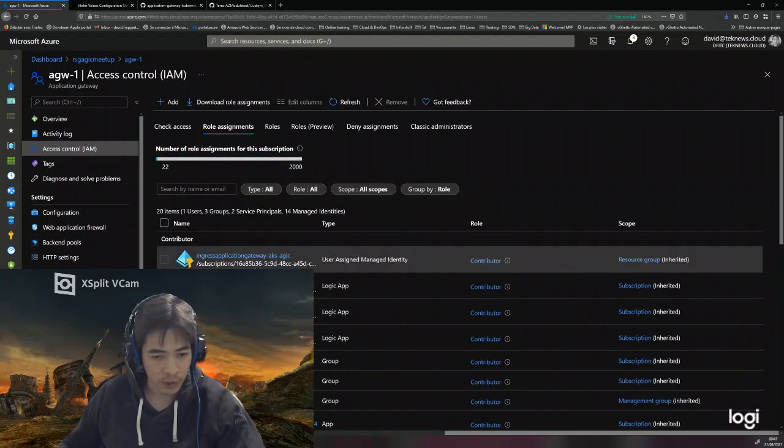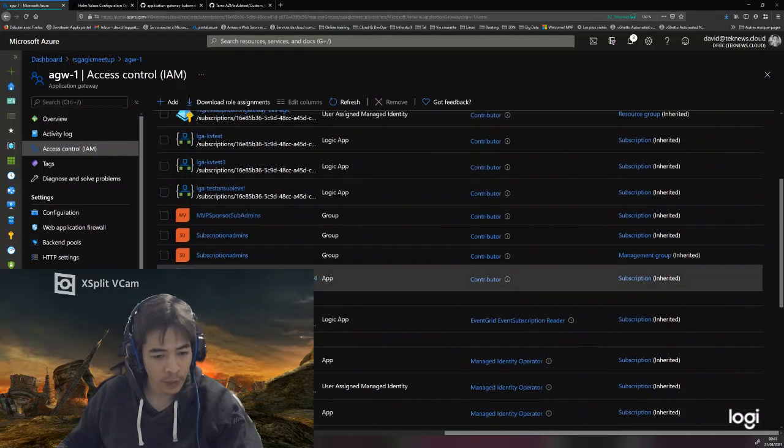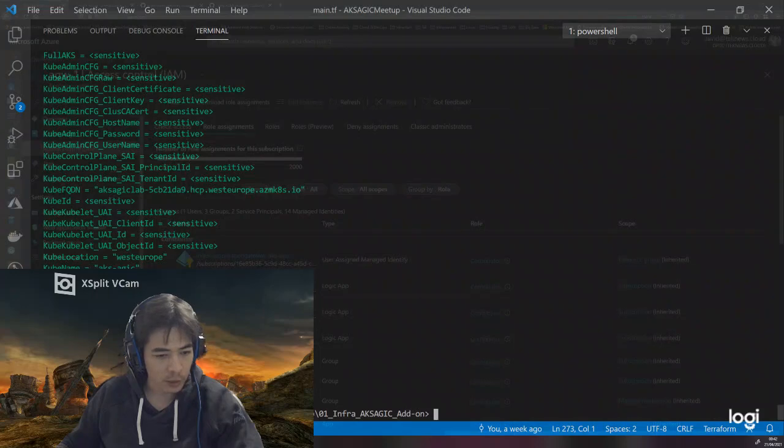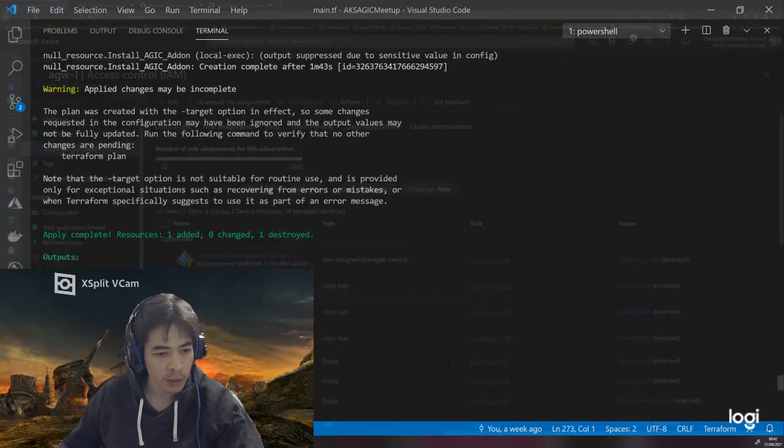So you can see that I have the managed identity that I used, which is assigned the contributor role on the resource group hosting the application gateway, which is nice. It means that the configuration is working, and well, that's pretty much everything. Let's check that, and you can see that I have my deployment which is completed, which is nice. This is what I wanted to have.